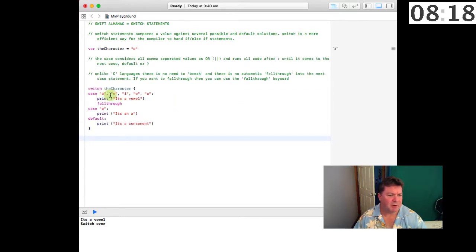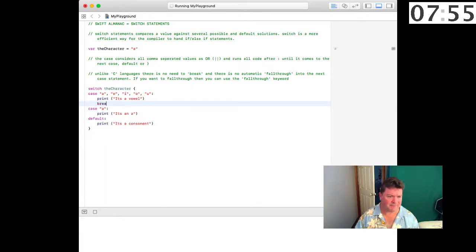So the case is considering all of the comma separated values, or you can use the or statement or the and statement, which is the ampersand. Unlike C, there is no need for a break statement. So in C, you would have a break keyword typically here. There's no need for that. However,